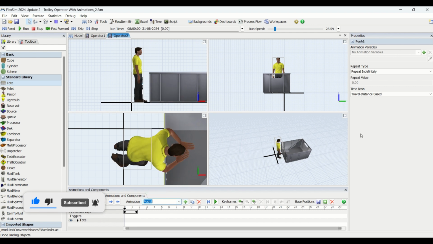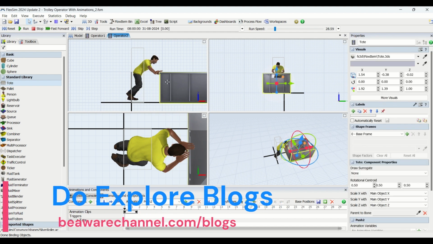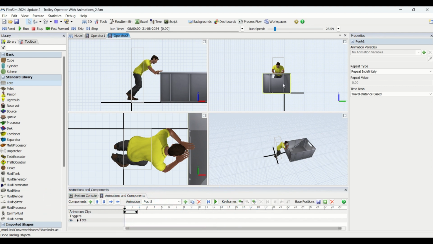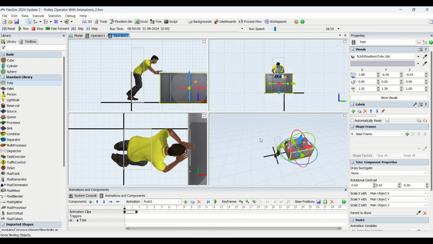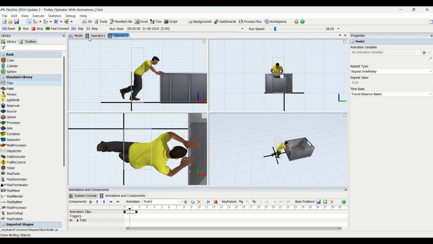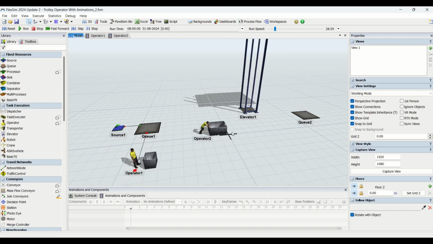This is a very simple animation which I am telling you, it's not something hypersonic, but yes, a simple animation can make your stuff look quite beautiful and realistic. Now if I play this, you would be able to see that the operator is pushing the cart, that is the trolley. Now I'll just stop this, and when I go back into the model,